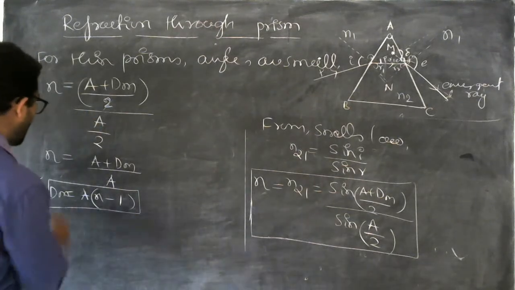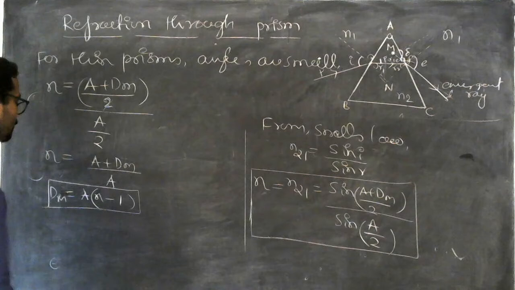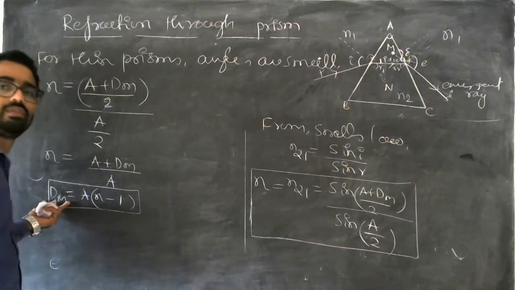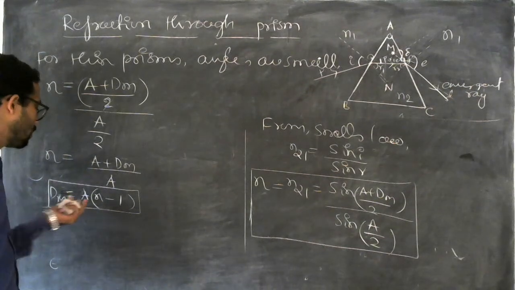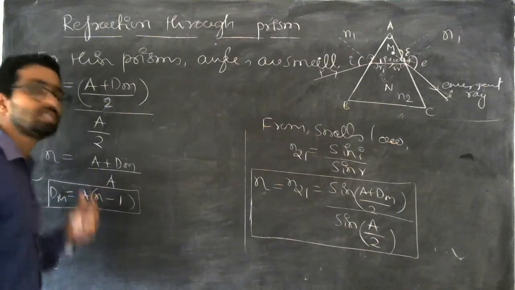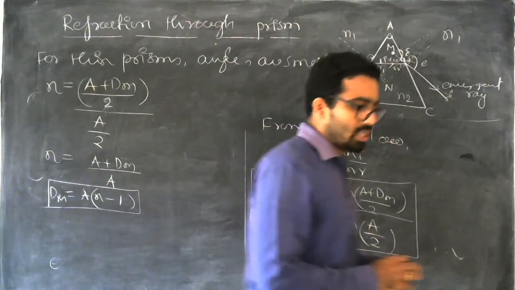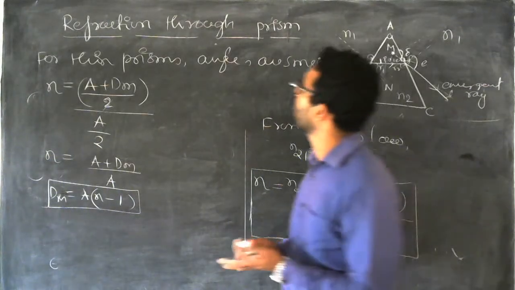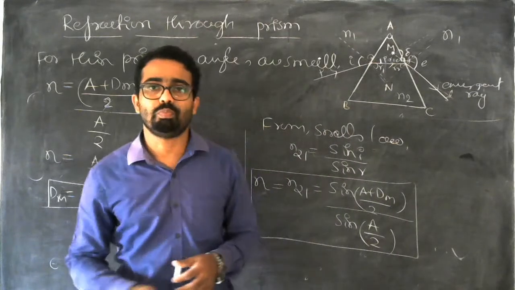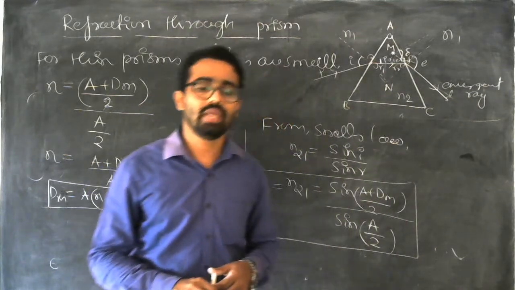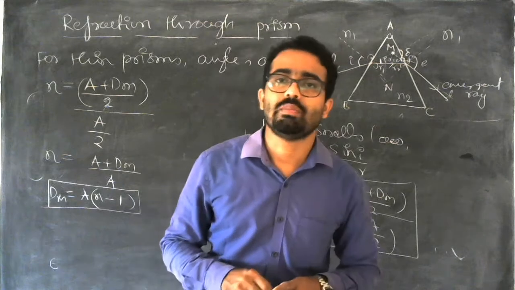This is the equation to find the angle of deviation. dm is equal to A into (n minus 1). So this is about the concept of refraction through a prism. This is very important from the point of view of